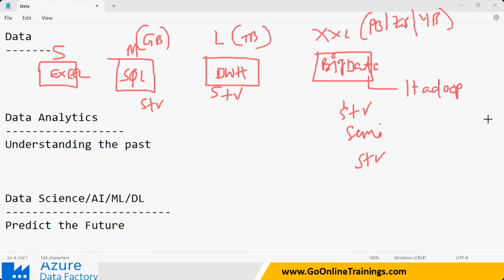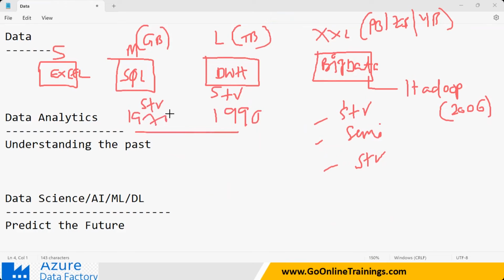Hadoop software is going to be installed so that you can keep structured data, semi-structured data, and unstructured data. Hadoop was released, I think, in 2006 to store large amounts of structured, semi-structured, and unstructured data. Data warehousing was released in the 1990s, SQL in the 1970s, and all these are talking about only structured data.